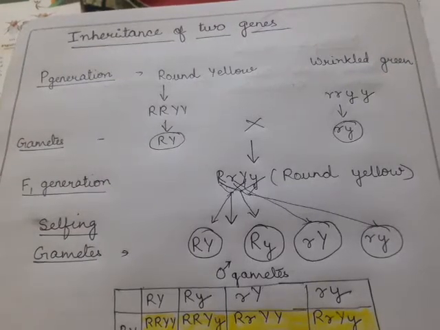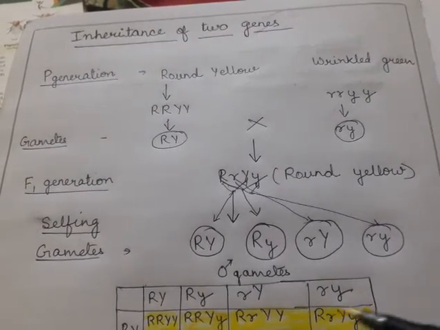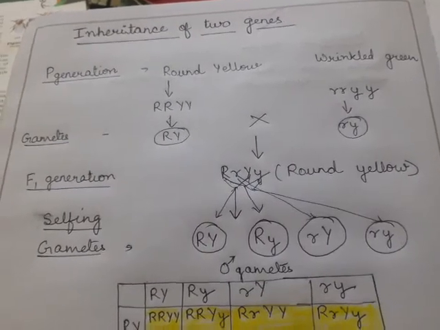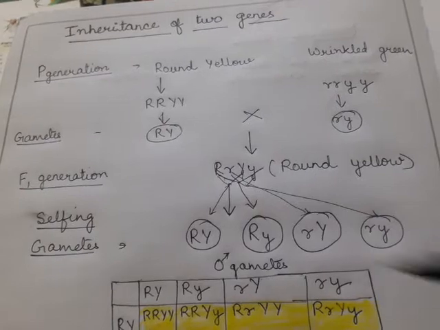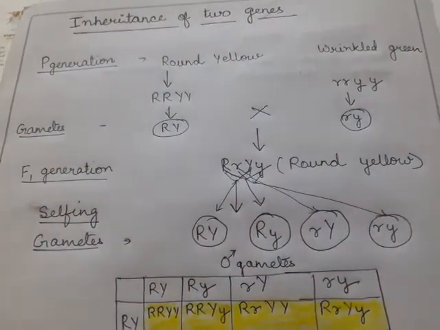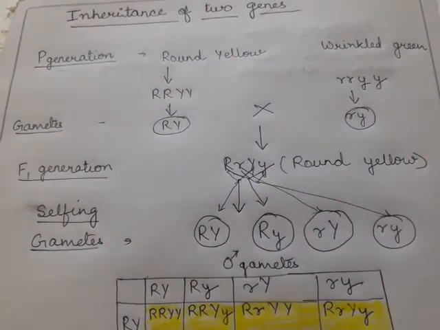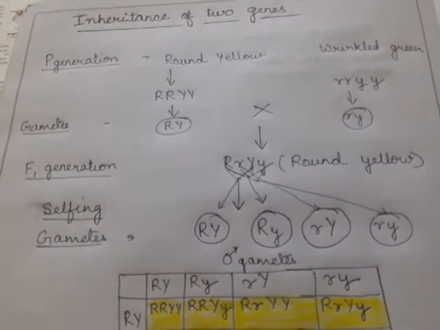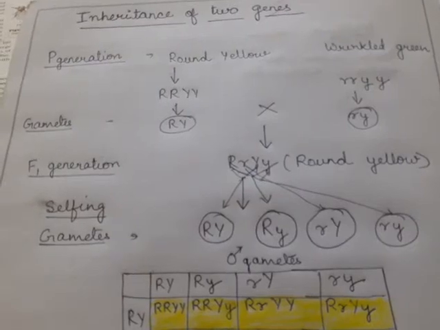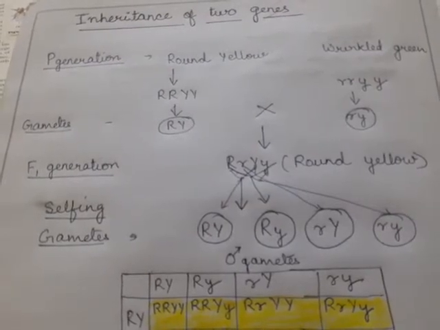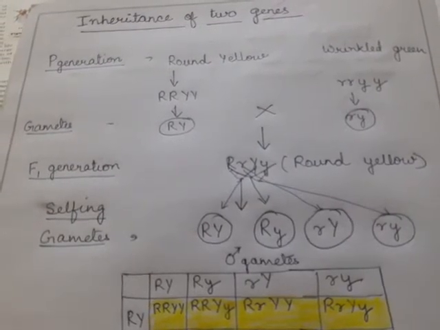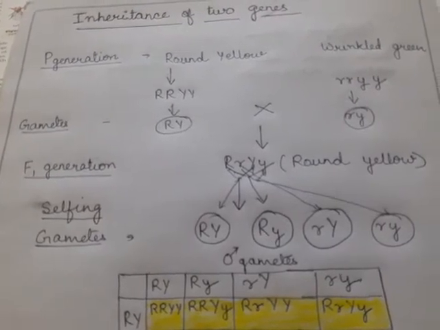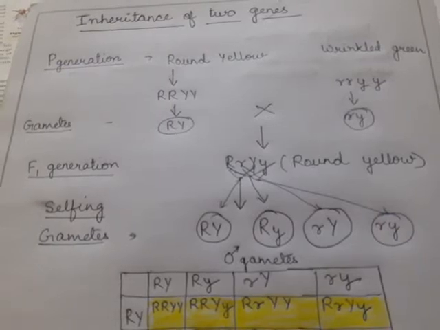Now, after studying how to form a Punnett square and the laws of codominance and incomplete dominance, let us study how two genes are inherited. Is it possible that only one gene is seen in a monohybrid cross? Only one gene is visible in the F1 generation. What about the other genes? Are the same rules followed by two genes or more than two genes?